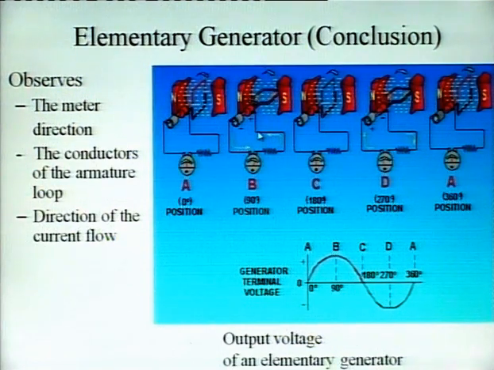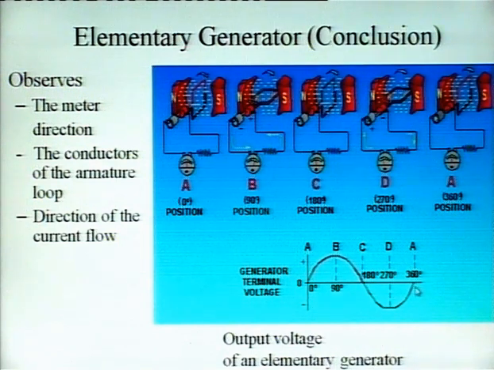So, what we concluded, these are the different angle positions of the conductor. First is at 0 degree position. At 0 degree position, first observe the meter direction. At 0 degree meter is indicating 0. At 180 degree meter indicating 0. At 360 degree meter indicating 0. 0 degree 0, 180 degree 0,